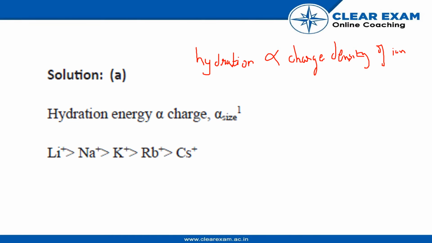So option number A, which says lithium. Lithium has small atomic radii and more charge density, whereas comparing it to cesium, which has large atomic radii